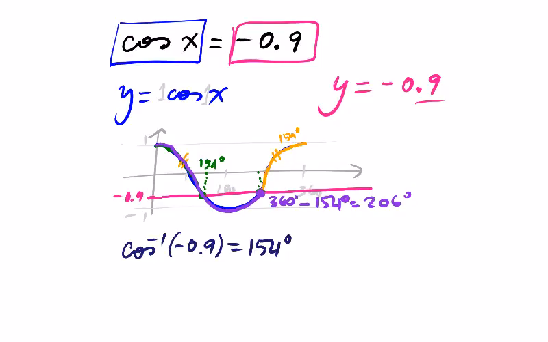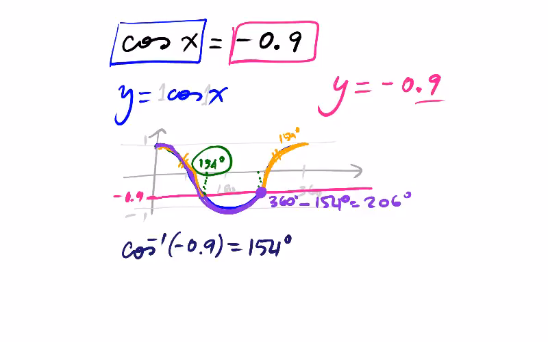So the first angle comes from the calculator, the 154. The second angle we calculate by looking at the size of this part here and that part being the same, but the second angle, so we get to that second point of intersection, is actually not the full cycle, but the full cycle taking away